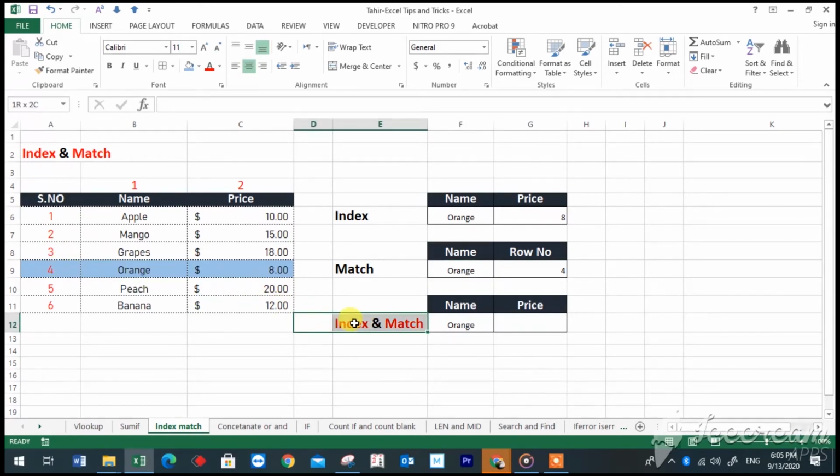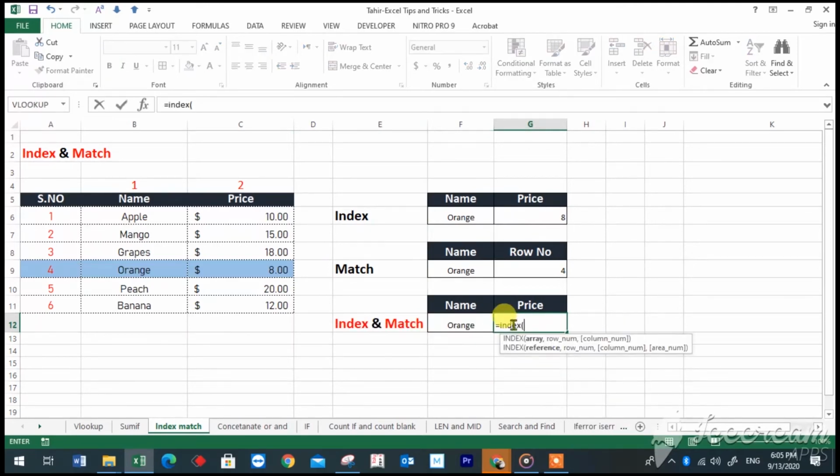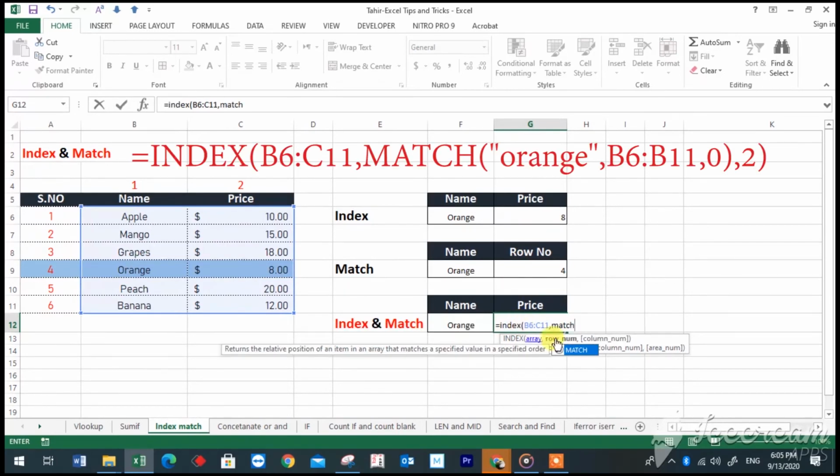Let's see how we can use both the formulas together. To use both the formulas together, start with the INDEX function. First of all, write INDEX, open parenthesis, select your range, comma. Now you have to give the row reference number. So we will find the row reference number through the MATCH function. So write MATCH, open parenthesis, select the value or write down the word you want to search, then comma, then select the range for the MATCH function,